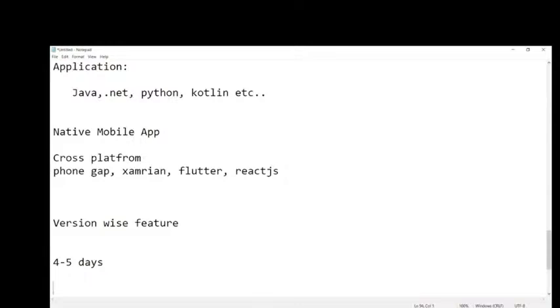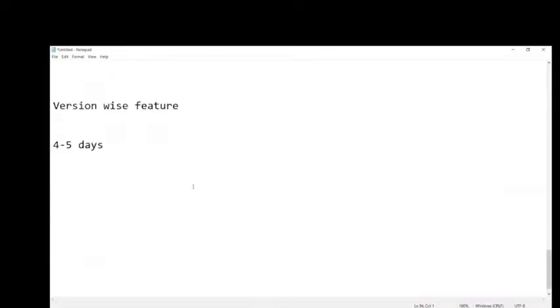I can explain to you. And I hope everyone has their laptop or desktop. Someone has already asked the question: what configuration is required? The configuration is a minimum of 8 GB RAM, and Windows 7 and above is suitable for this.